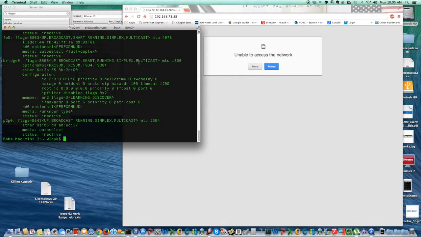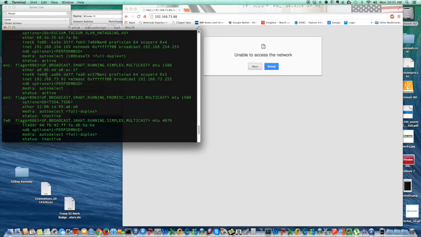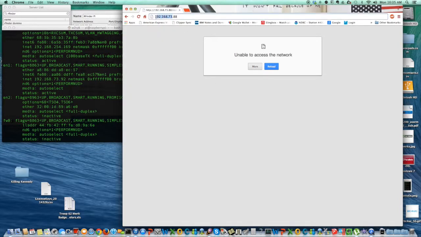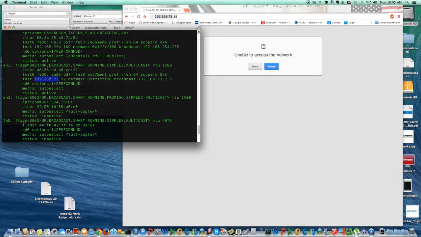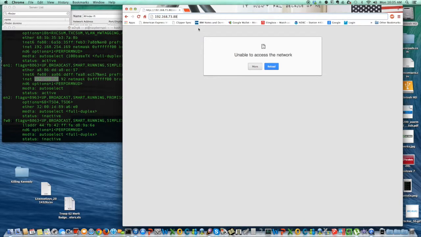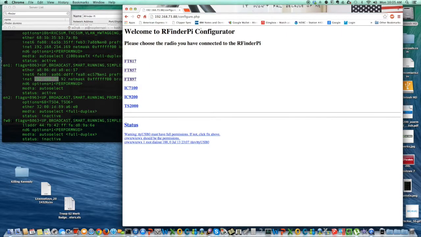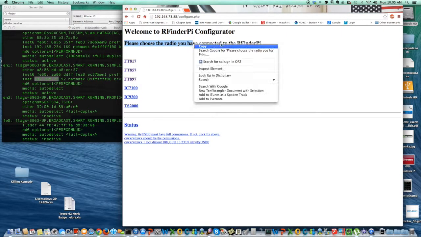is built into the system, into the Raspberry. And you can see now that in fact we are on the network of the Pi. So they've given us a network address of 92, and the RFinderPi's address is always 192.168.73.88. So once you connect to it, you connect to it from a phone, you can connect to it from anything really on that address, and